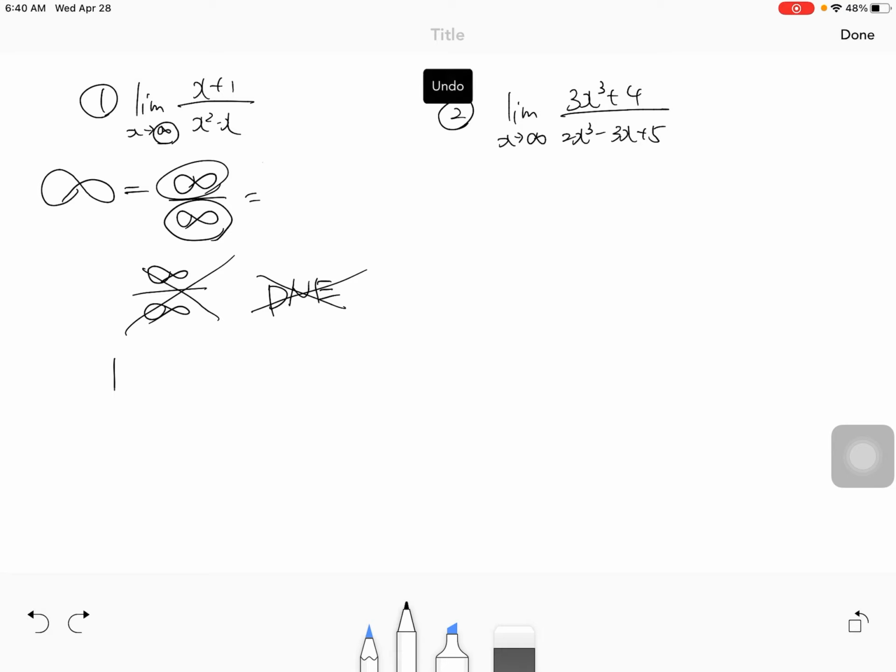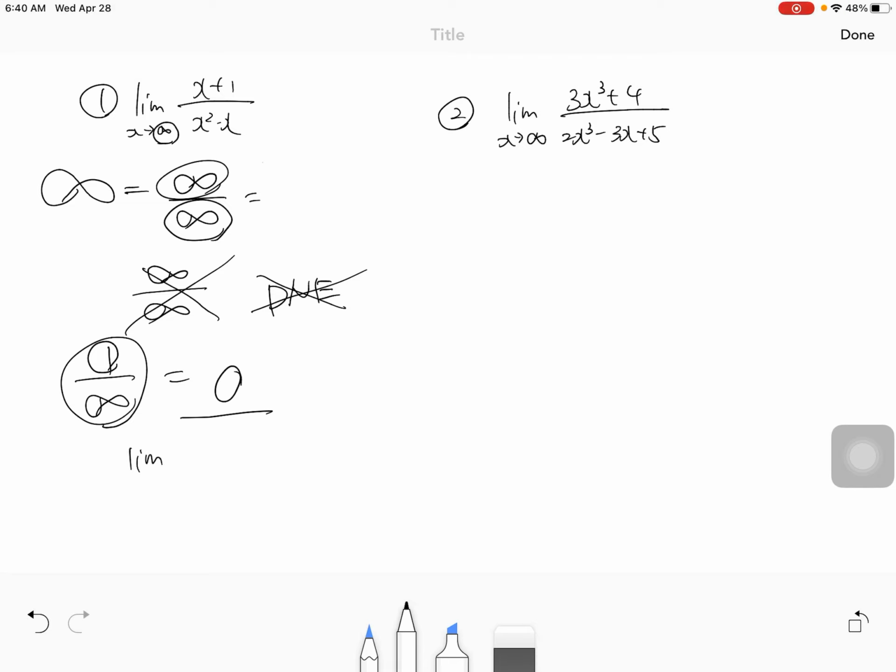There's another thing that you need to know: if you have 1 over infinity, you can calculate it. You can define it as 0. That's because the top is really small compared to the bottom. Small number over big number is getting close to 0, right? So if the limit is like this, you can define it as 0. I'll take advantage of it. Okay,